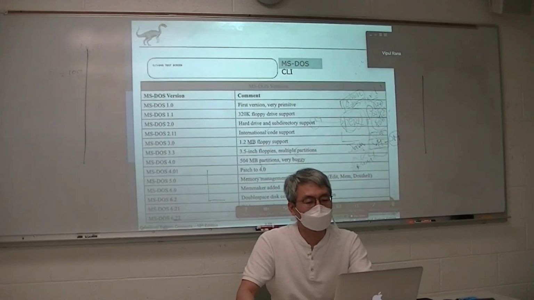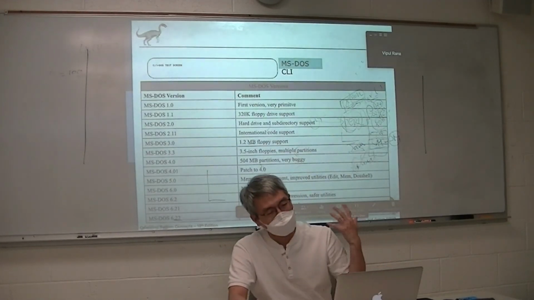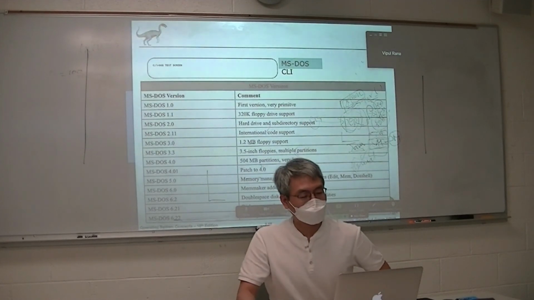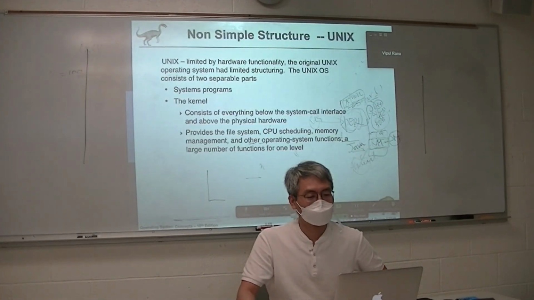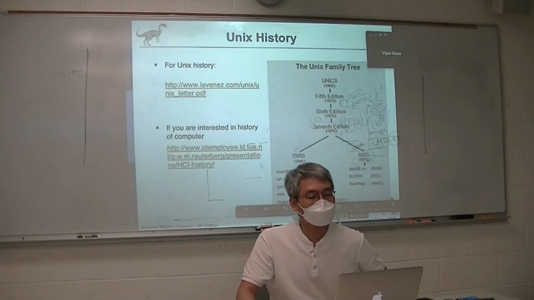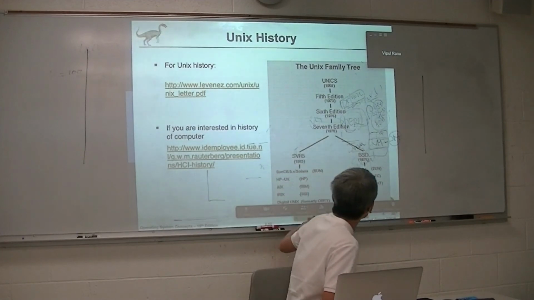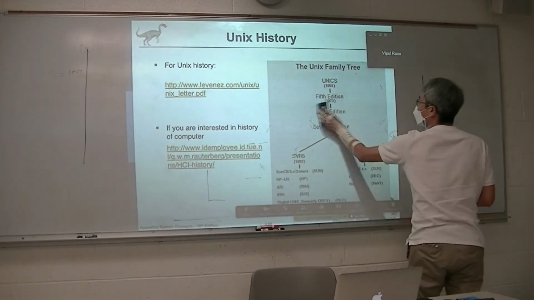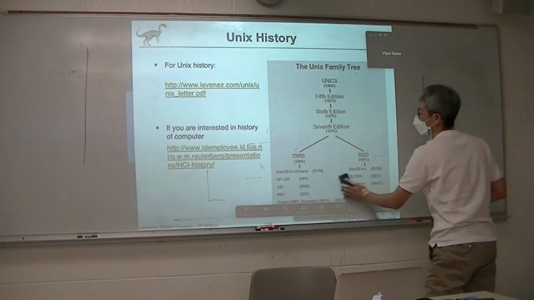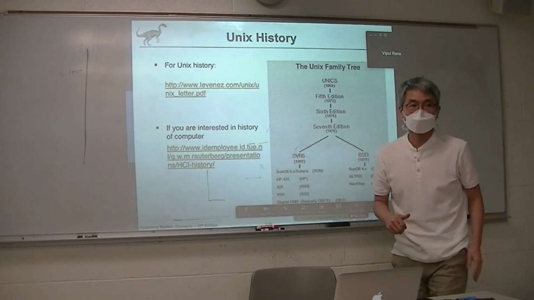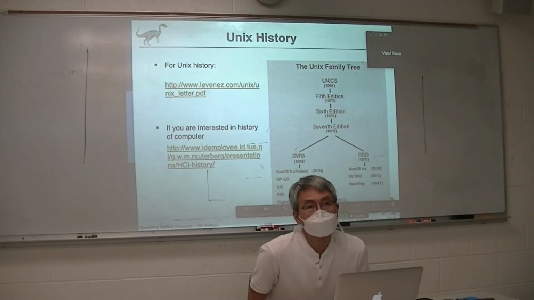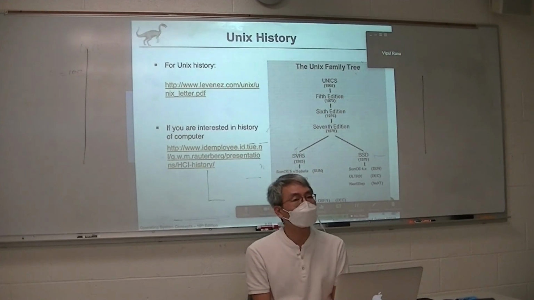I already mentioned this, I learned it a long time before. So Unix is the most popular operating system. Even part of macOS is based on BSD. You can see the BSD over here. This is a kind of family tree of the Unix system, starting from 1969. So that's the reason it was officially used for the first time in 1970.